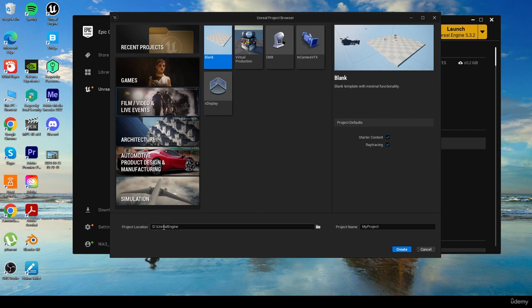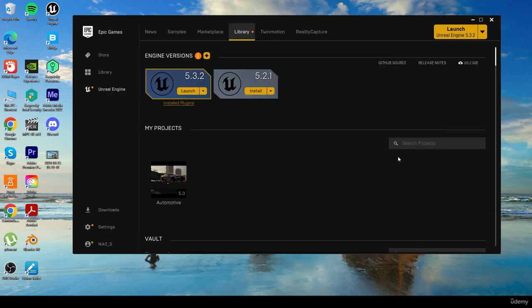So here, choose the folder where you want to save your project. Here, for example, you can write the name of your project and click create. So when you click it, after that, you have to wait maybe 10 or 15 more minutes until your project is ready. And when your project is ready, this